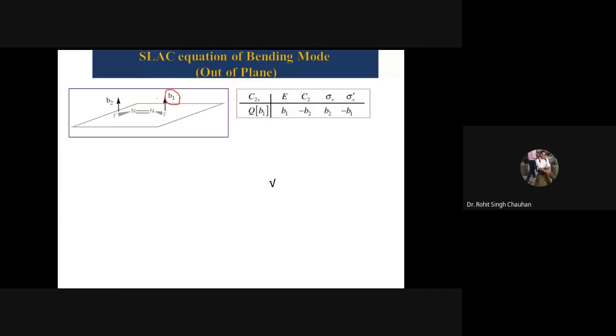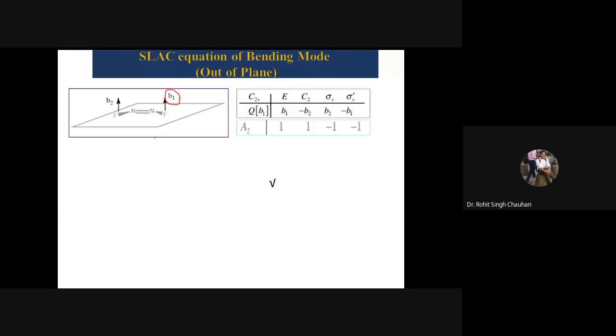Okay, now the next is the SALC equation for this. For the SALC, we first have to specify on which vector we are going to apply it. So ours is always first, this is B1. Now, if you apply E, anything which is not going to change, you will write it as B1. Now, if you apply